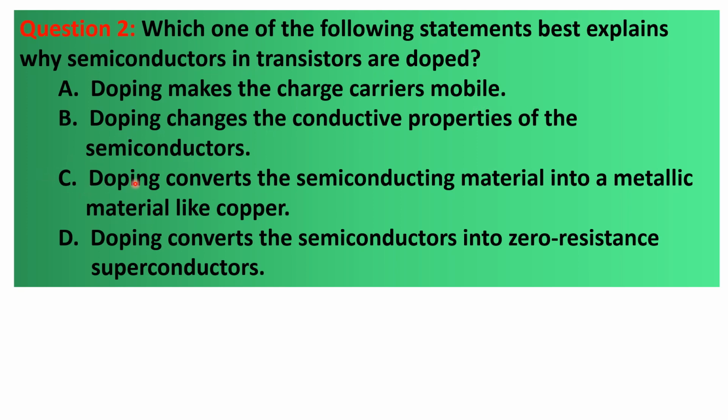Letter C. Doping converts the semiconducting material into a metallic material like copper. Letter D. Doping converts the semiconductors into zero resistance superconductors. So which among these four choices is the best answer? Why are semiconductor devices such as transistors doped? So our answer,